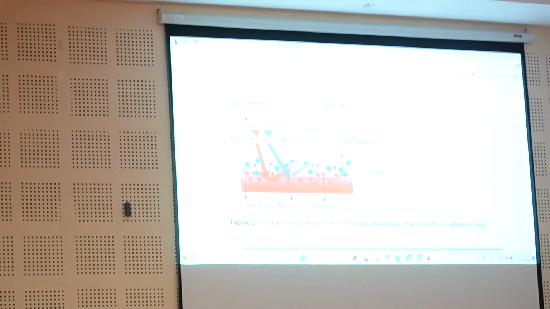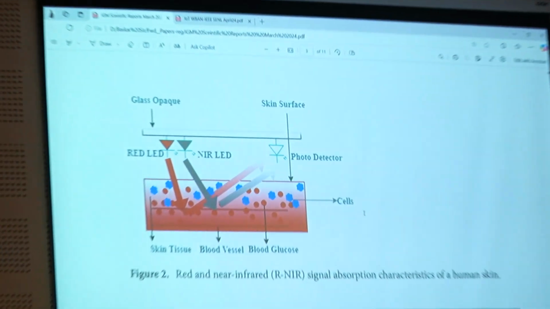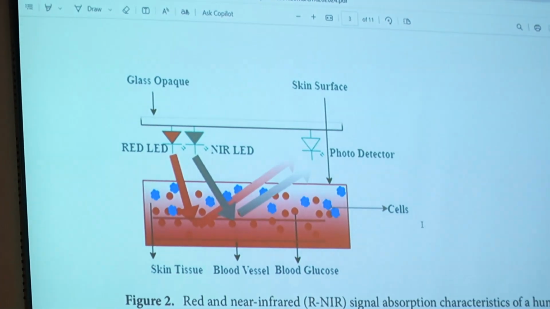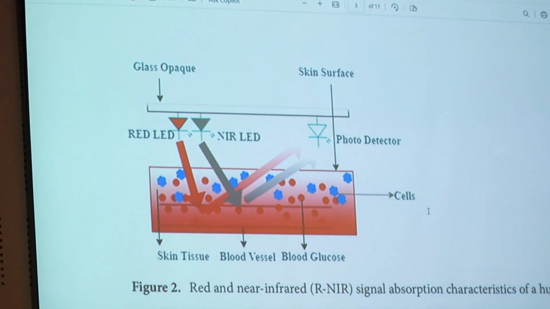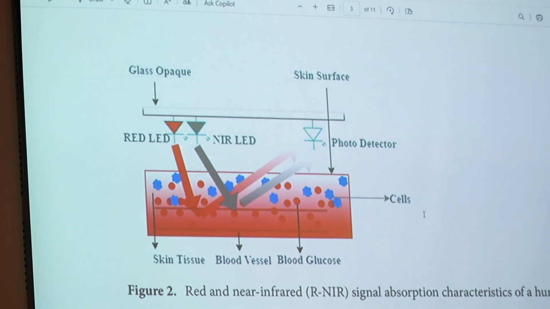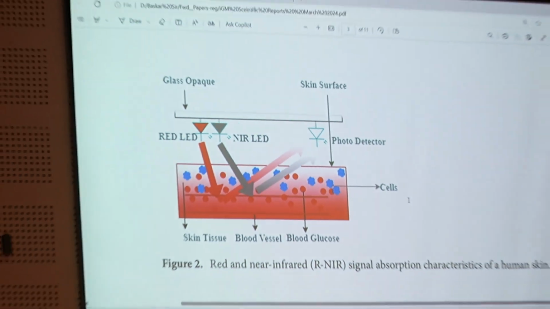And again you will be seeing skin tissue, blood vessel, blood glucose, red label, NIR, LED, many things there. Each and every term, I will expect a mathematical proof if I am reviewing a paper from an